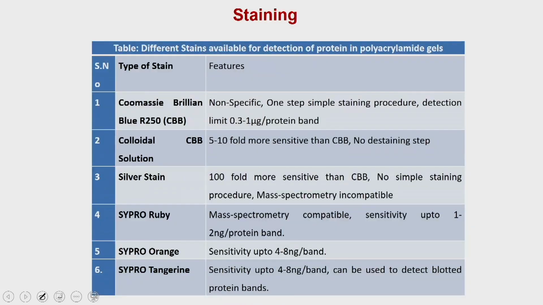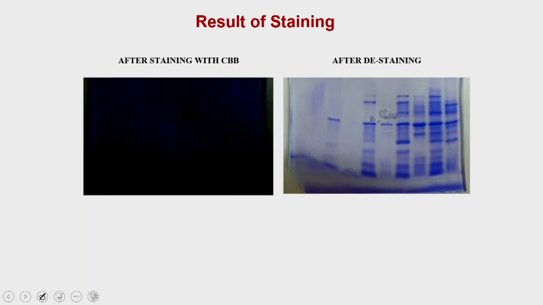So, then we discussed different types of stain which you can use. You can use the Coomassie Blue R250 or other stains, and the purposes of these stains are very different. Depending on the type of application you would like to explore, you can use any of these stains. So, this is just a classical example of what will happen if you stain a gel with the